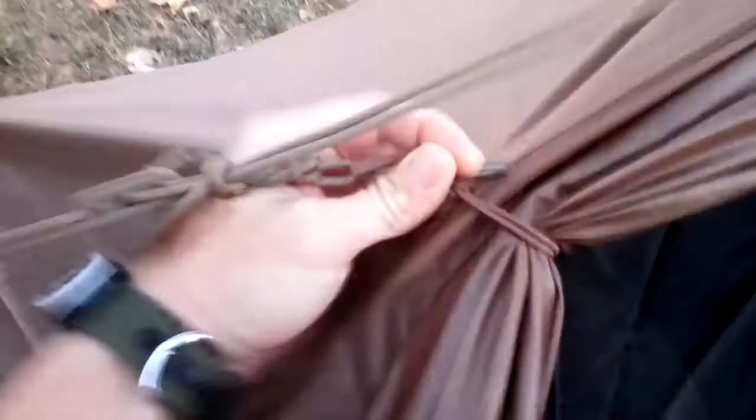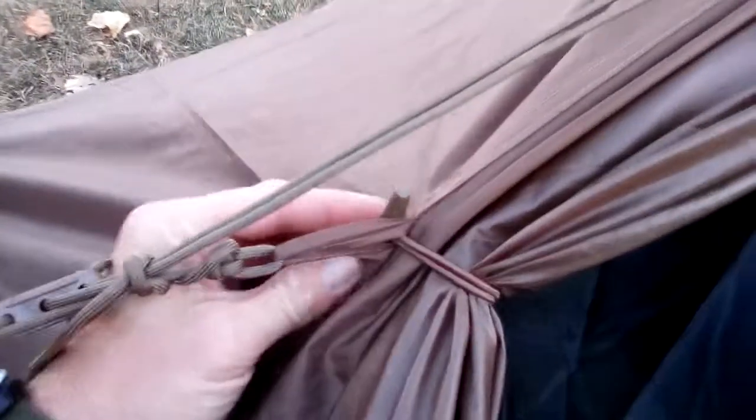It's a little tricky here to get this to stay in this loop. So let's jump inside and we'll check out the room inside. Here you can see the bathtub floor, like I said, and it's the details with this that really make it worth getting. Things like right inside these two zippers,